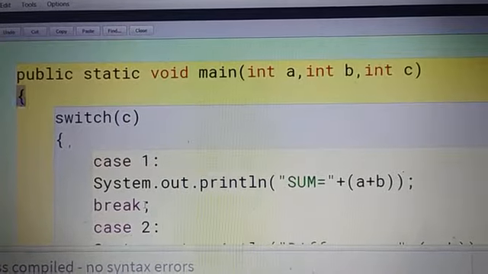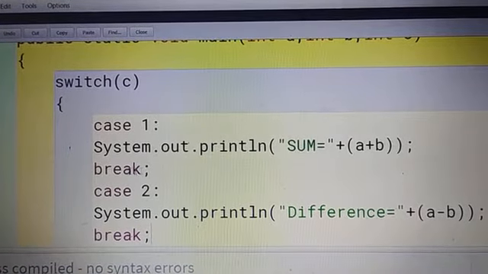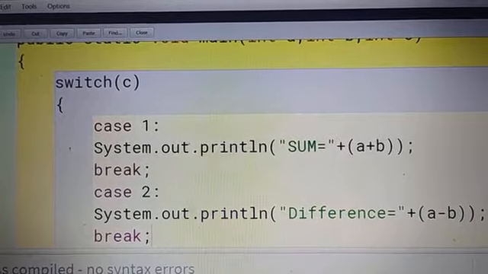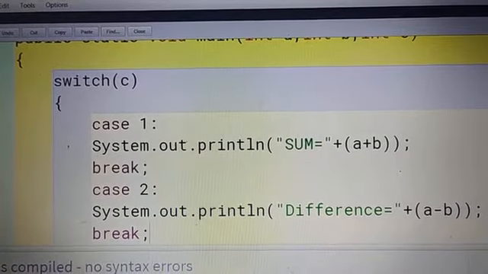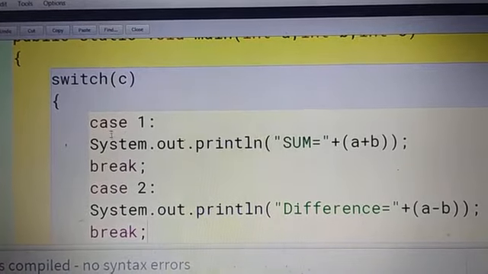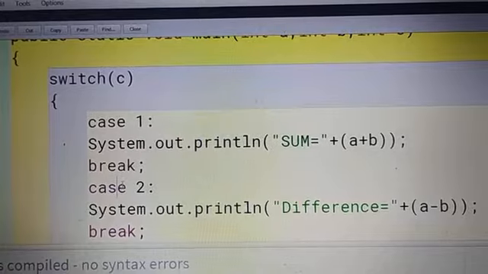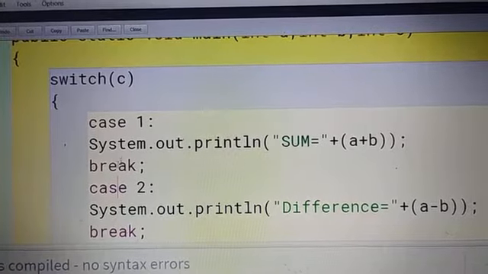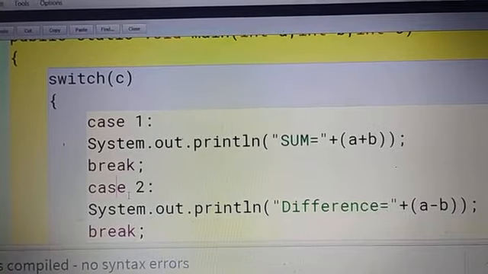Now remember that if you don't put the break here, it is known as fall through in the switch case. That detail you will learn in the higher classes. If you don't put the break here, then what happens? After case 1, case 2 will also be executed.